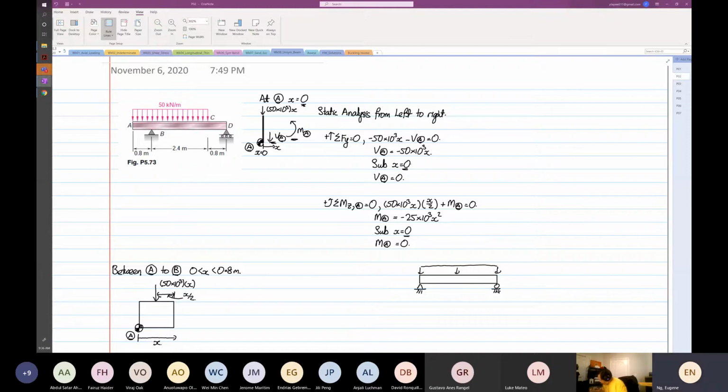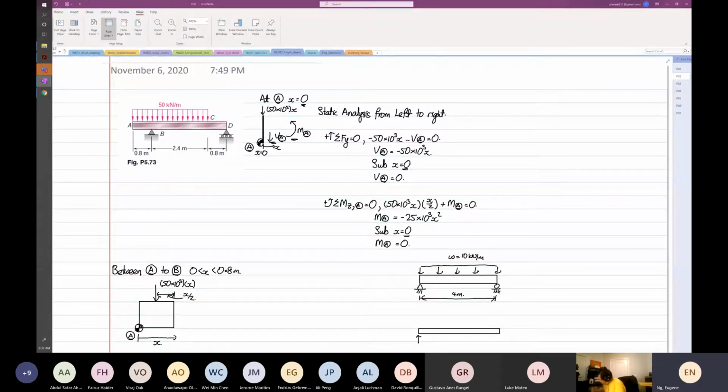This evenly distributed load omega is 10 kilonewton per meter. And the distance from here to here is 4 meters. So now if I want to find the equivalent load over a distance of 4 meters,